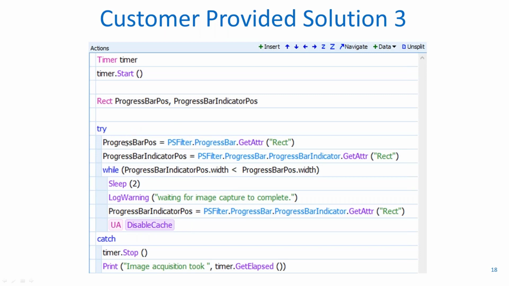He's got a progress bar, and so I see that Roque started a timer. So he instantiated a timer and he started it. And he has 2 rectangles. A rectangle is a built-in type to AscentialTest that gives you the size and position of everything. And so he's got the progress bar pause, and then he's got a progress bar indicator pause. And he does a try where he gets the rects,